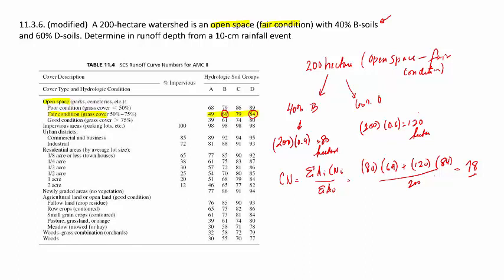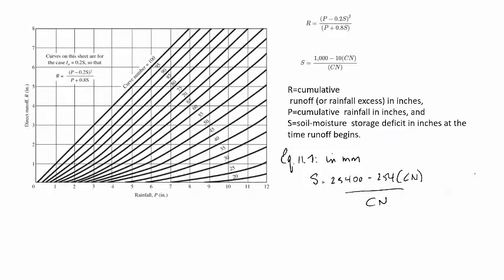So now we're using the SCS method, so we need to calculate the soil moisture storage deficit, and also the runoff, which is what the question is asking for. Now, these are the two equations that we mentioned earlier in the course. So first you have to calculate this, and then with the storage, you calculate the runoff. Or you can use this figure. Those figures are the same information, just in a different format that may be easier, but in the exam you should use the equations. The other thing to remember is that these are in inches, especially this expression here. For millimeters, which is the information we have in this case,